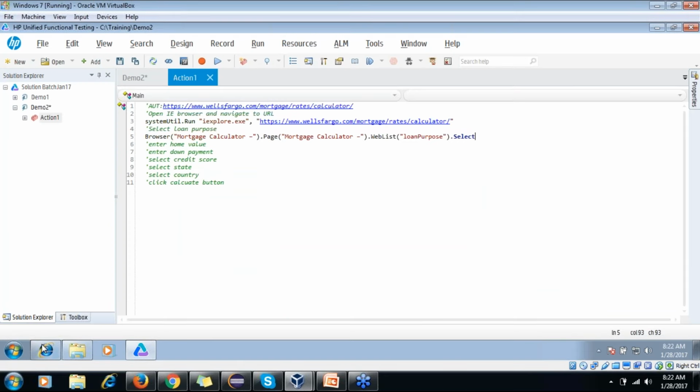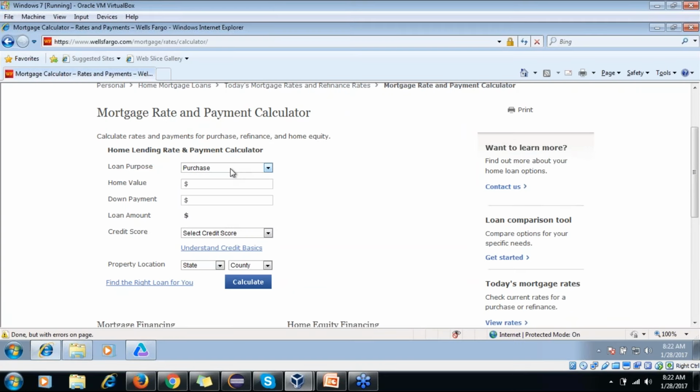So if you see, team, how many options are there in this list? 1, 2, 3. So either you can select by index. Index starts with 0, purchase will be at 0 index, refinance will be at 1 index, home equity will be at second index.